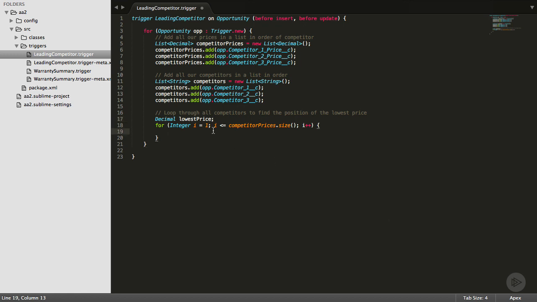So we'll change the starting position to 0 and use only less than instead of less than or equal to the size of our list. If our list has 3 values in it, we need to stop iterating on value 2, again, because counting begins at 0. Now, as we loop across each of our prices, we'll use the lowest price variable to track